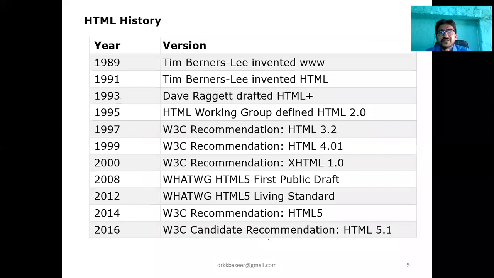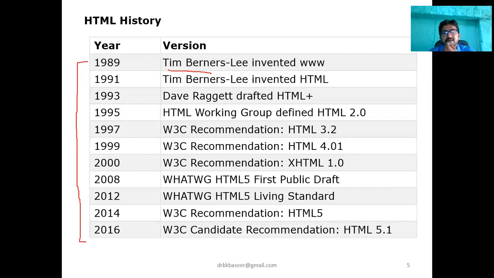Coming to the history of HTML, if you see the evolution, it goes from 1989 to 2016. Initially, as already discussed, Tim Berners-Lee invented HTML in 1989 for the purpose of accessing documents remotely with the help of the WWW.